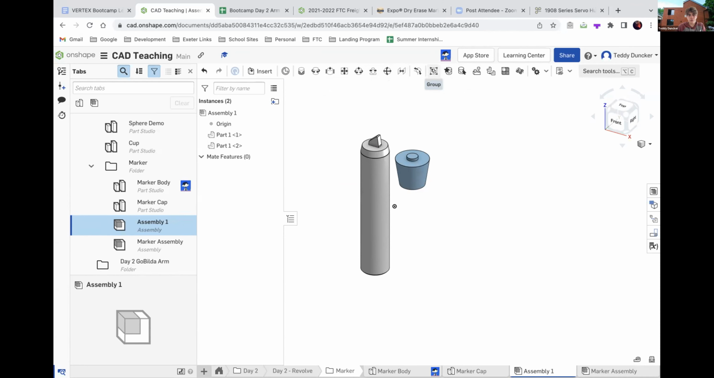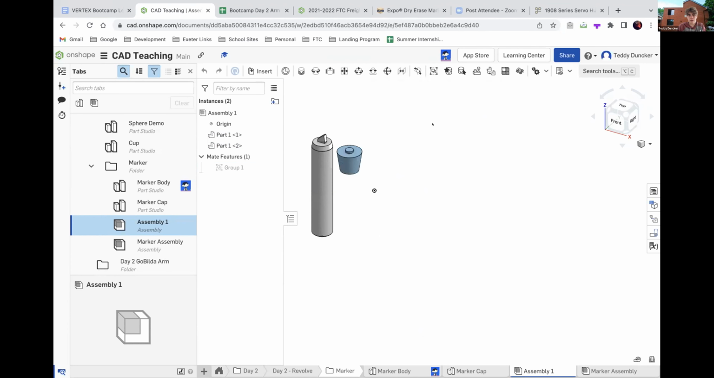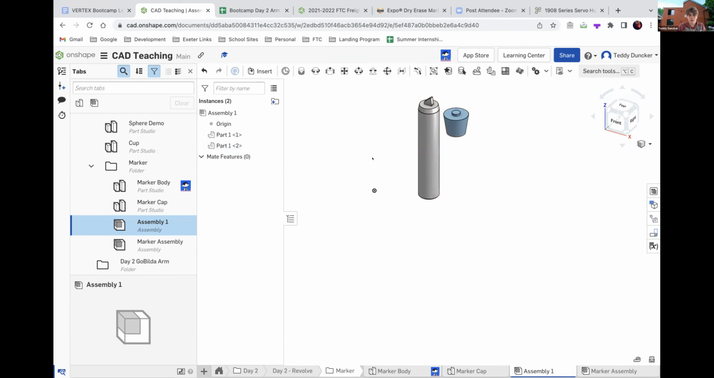You also have group features. If you have a lot of different parts and you want them to remain together, you can select group. And then, okay, now they're grouped. If I wanted to move them around, they move together. You guys can see how that works. But we won't be using group. We'll be using,